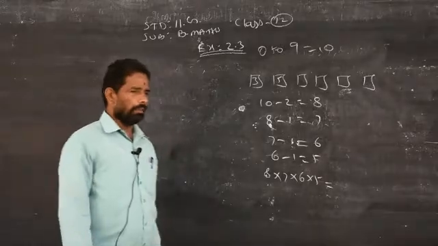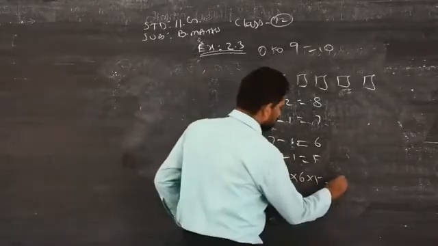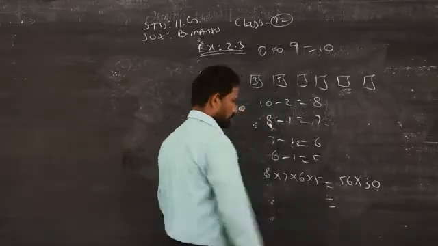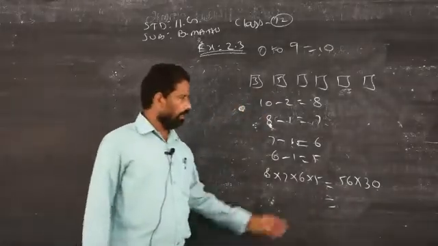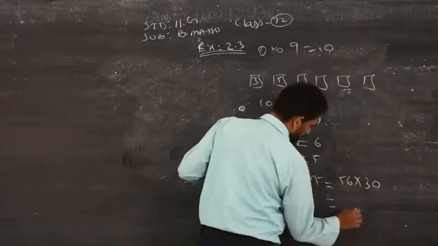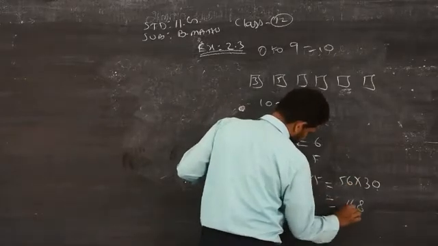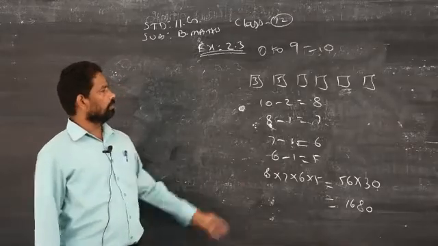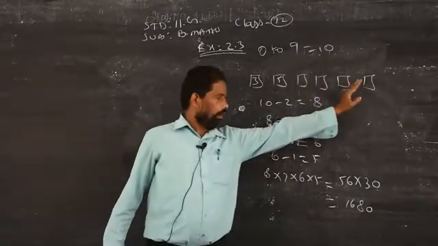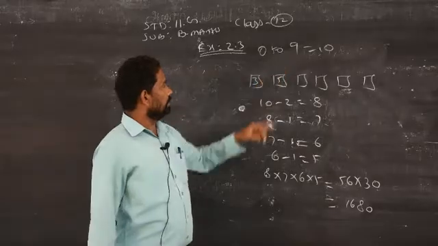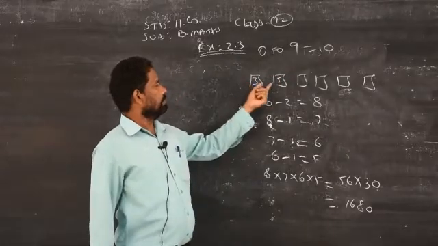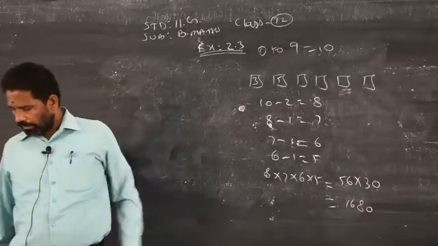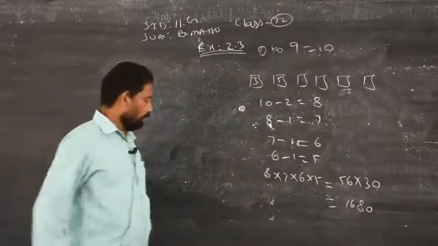So just multiply and write: 8 7s are 56. 56 into 6 5s are 30, you will get the answer. You just multiply and see: 3 8 6 are 18, remainder 1. So how many ways? 1680 ways to occupy the 4 boxes by using the numbers other than 3 and 5 from 0 to 9. So this is the answer for question number 3.